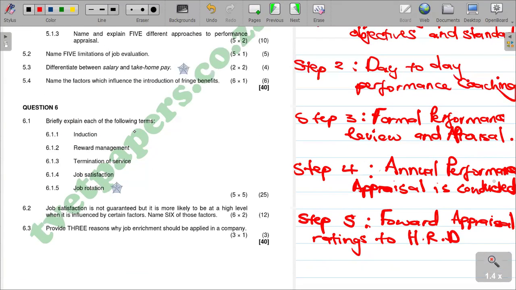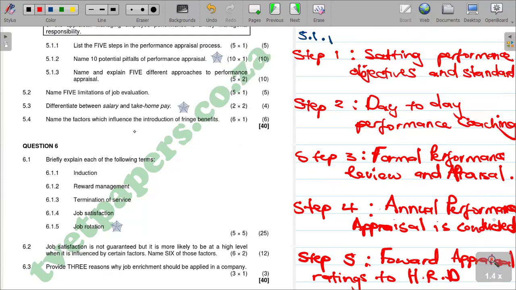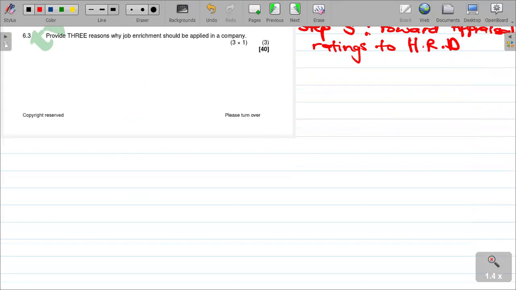Right. So let's move on to 5.12. Name 10 pitfalls of performance appraisal. Name 10 potential pitfalls. Right. Pitfalls are negatives or disadvantages. So we're going to list 10 pitfalls of performance appraisal, which is 5.12. Right. So we can find that